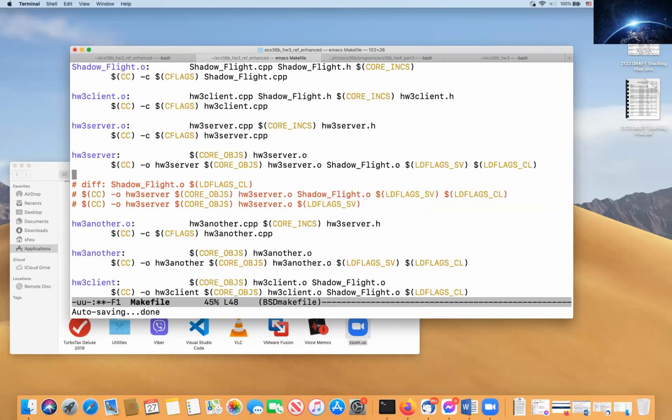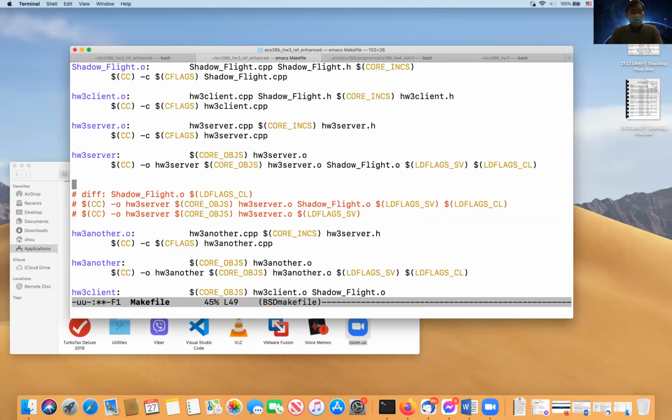So in that relationship, the HW3 server is not only the server, but also a client corresponding to HW3 another. So the relationship is like this: HW3 client goes to HW3 server, and then HW3 server needs to pull out HW3 another.